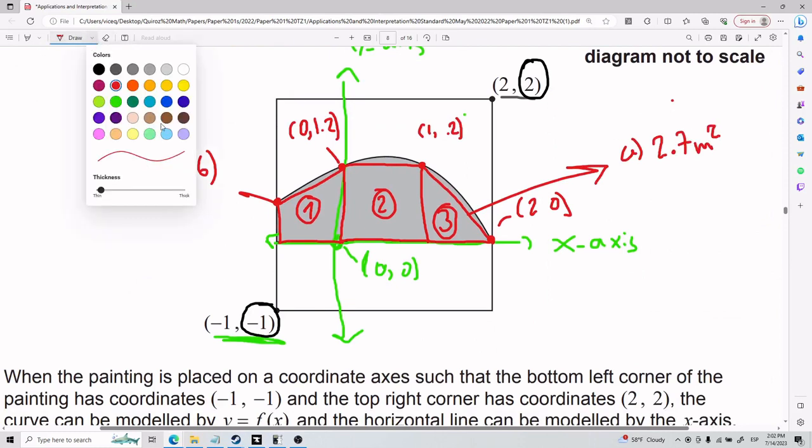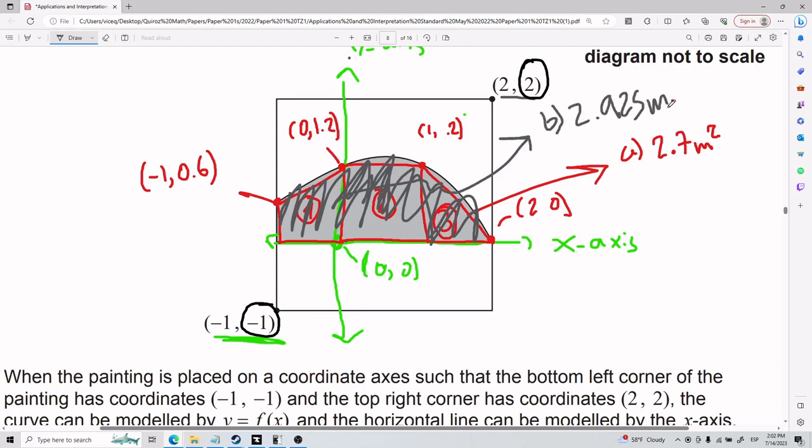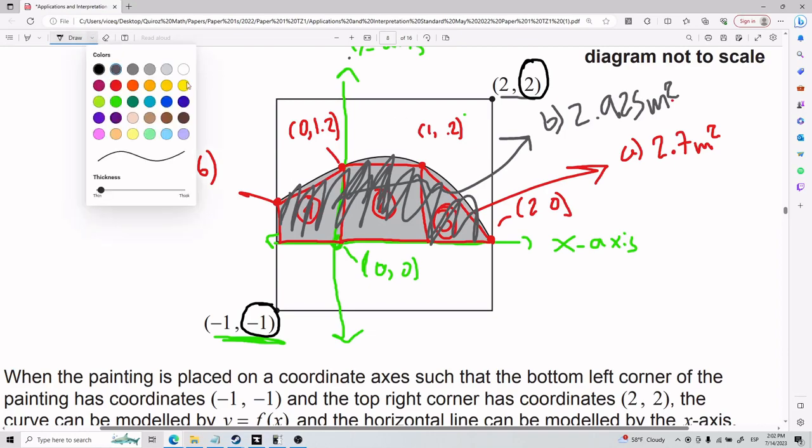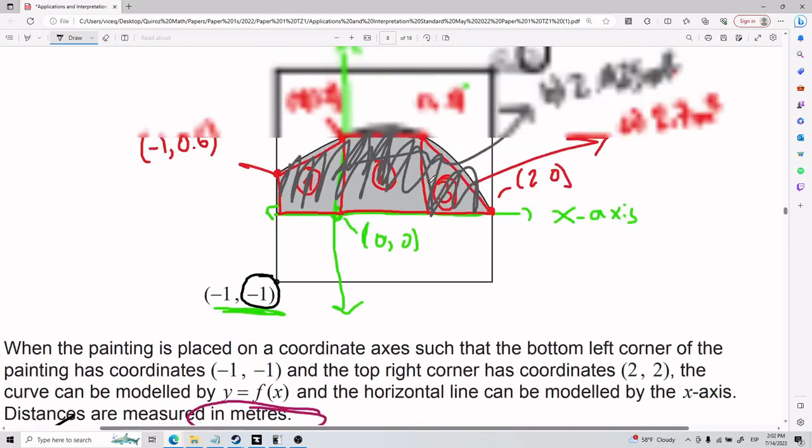From part B, we found that the shaded area, which is actually the exact value, was 2.925. For part C, they're asking for the area of the unshaded region, okay,